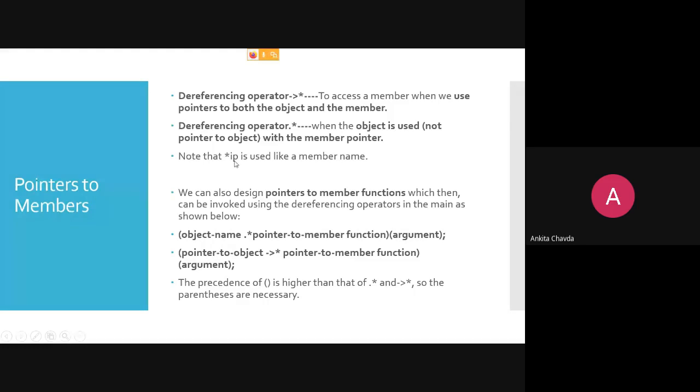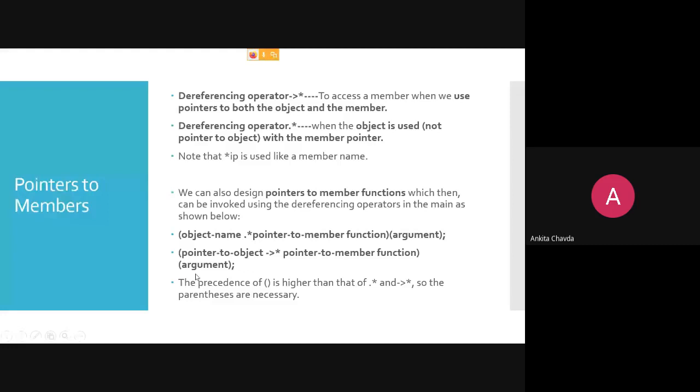Note that ip is used like a member name, and we can also design pointers to member functions, which can then be invoked via the dereferencing operator in the main function. So you can also have functions where you use pointers on that function. The syntax is very similar: object name dot star pointer to member function. Instead of a pointer to a member variable, you will have a function, along with the function argument.